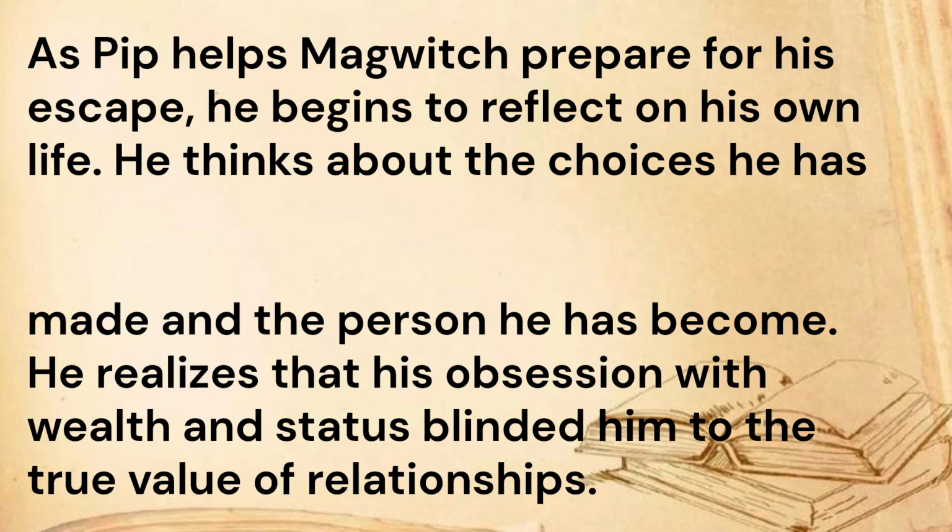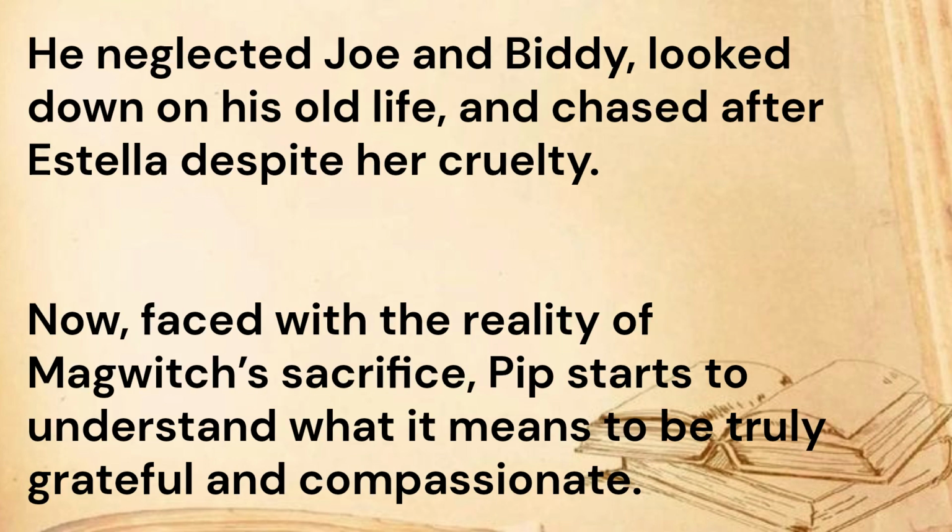As Pip helps Magwitch prepare for his escape, he begins to reflect on his own life. He thinks about the choices he has made and the person he has become. He realizes that his obsession with wealth and status blinded him to the true value of relationships. He neglected Joe and Biddy, looked down on his old life, and chased after Estella despite her cruelty. Now faced with the reality of Magwitch's sacrifice, Pip starts to understand what it means to be truly grateful and